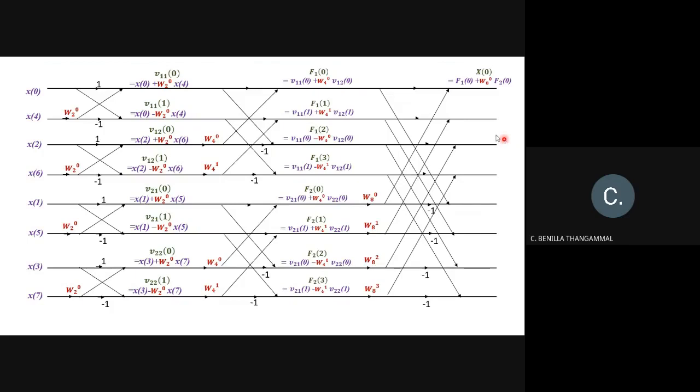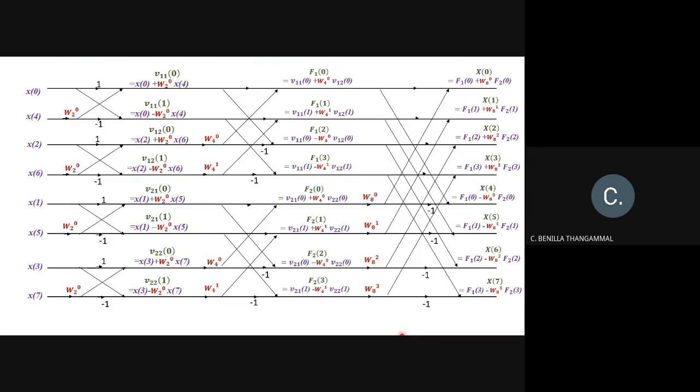Now, x of 0 can be calculated by f1 of 0, f2 of 0 along with the twiddle factor positive value. So similarly, x1, x2, x3 will be calculated using the corresponding values of f1 of 1, f2 of 1 along with the twiddle factor, f1 of 2, f2 of 2 along with the twiddle factor, f1 of 3 and f2 of 3 along with the twiddle factor. Next, x4, x5, x6, x7 will be f1, f2 with the twiddle factor along with the phase factor minus. So the upper 4 will be positive, the lower 4 will be the negative of your twiddle factors here.